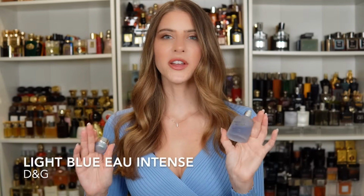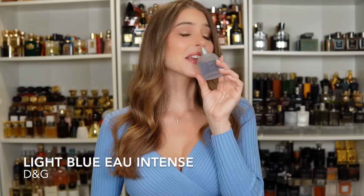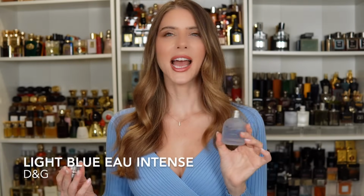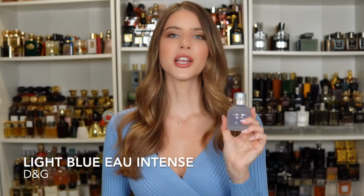It is the perfect fragrance to wear when you're outside. It's aromatic, aquatic, and in my opinion has a huge sex factor. Light Blue Intense from Dolce & Gabbana. It's a classic. So now I want to take a moment to talk about some more affordable scents, like super